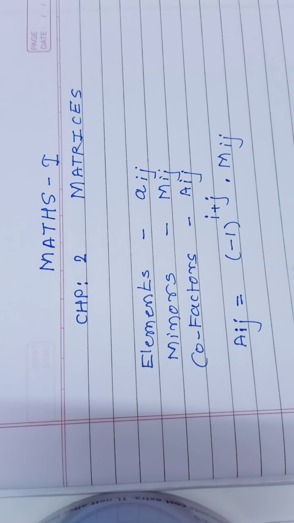In the 11th standard, we already learned that there are different types of matrices. Out of that, singular and non-singular matrices are important for us. What is meant by a singular matrix? If the value of the determinant of that matrix is 0, then it is called a singular matrix. And if the value of the determinant is other than 0, then it is called a non-singular matrix. And here the non-singular matrix is important for us.